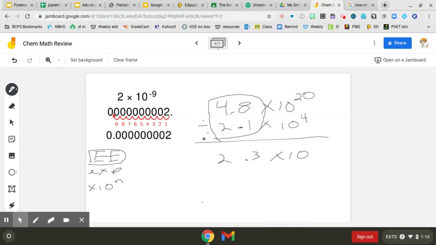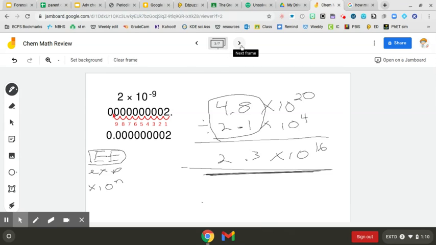Now, if I was multiplying, I would add the powers. Since I'm dividing, I'm going to subtract the powers, so times 10 to the 16th. Now, try this math on your calculator. Make sure you get the same answer that I got here. If not, let me know if you're having troubles